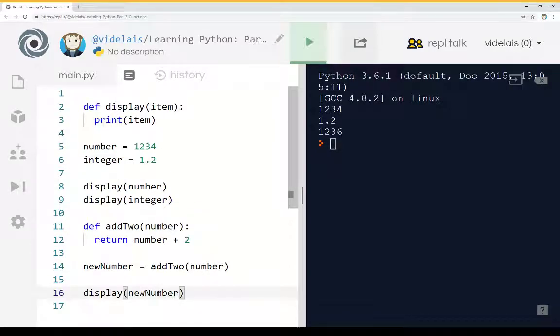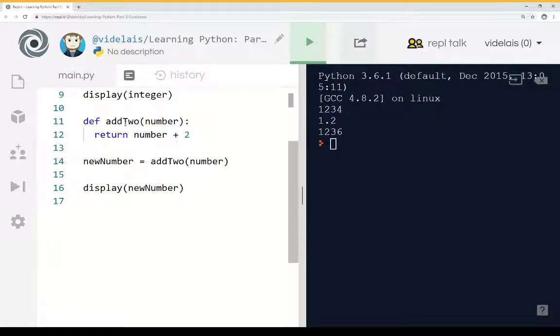So let's review all of this. When we're defining a function, we use the def keyword. We're defining something. We have the name of the function, display, what we're going to call anything we send into it, in this case item, is in parentheses, a colon that says anything after this is going to be part of a function as long as it is indented. We're indenting one line, and we're saying print item. So whatever value we send into this becomes the value of the variable item,